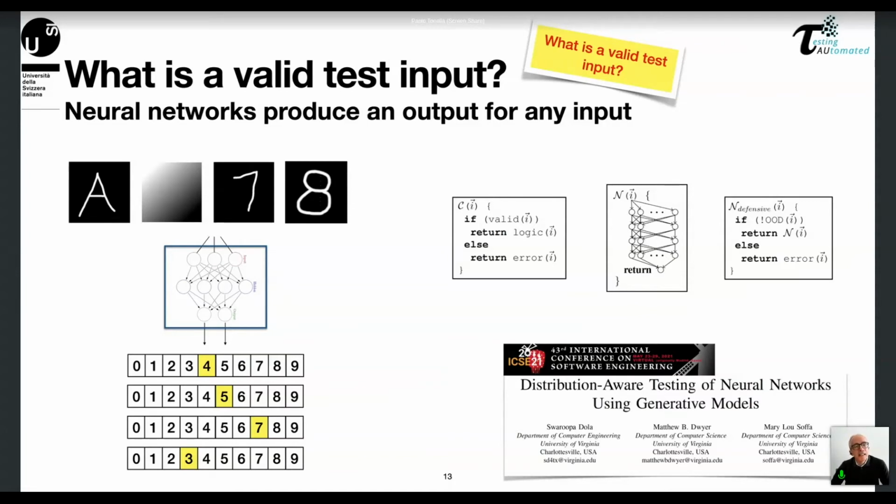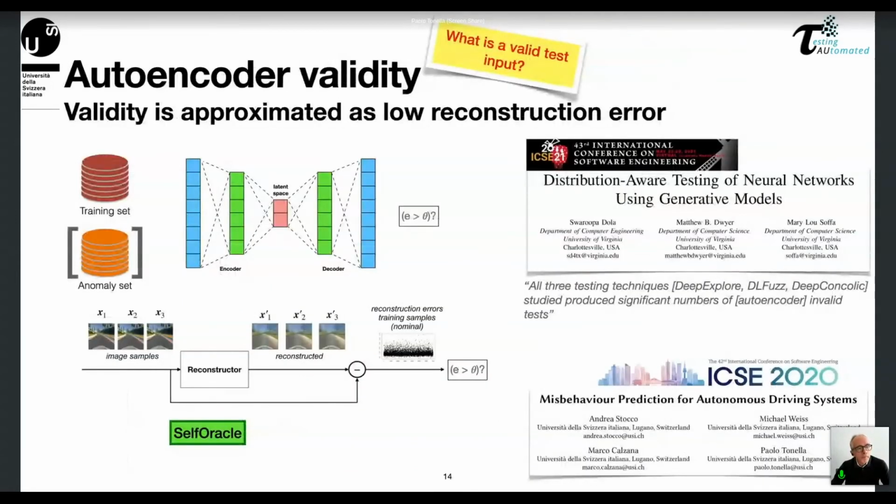So my answer is that it's an input for which a human can assign a label with confidence, so with no ambiguity, and an input that can appear in nature, in the real world where the system is supposed to operate. That's my answer. And from the answer, you can immediately see that it's very difficult to operationalize it, to automate, as we do in traditional software with a precondition, the check of validity of an input. So the same paper that I just cited by Dola, Dwyer, and Sofa proposed also in an automated way, to approximate the validity check. So doing it precisely is very difficult, probably impossible, but one way to approximate it is,